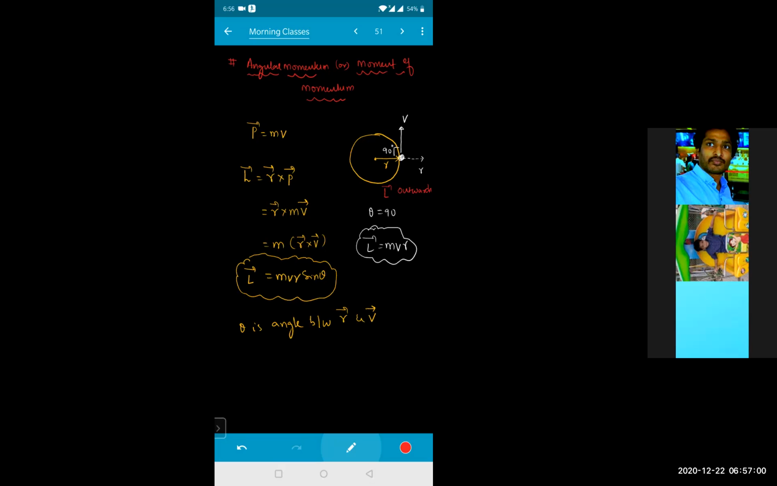The same way, if I am talking about the angular momentum of a purely rotating body,